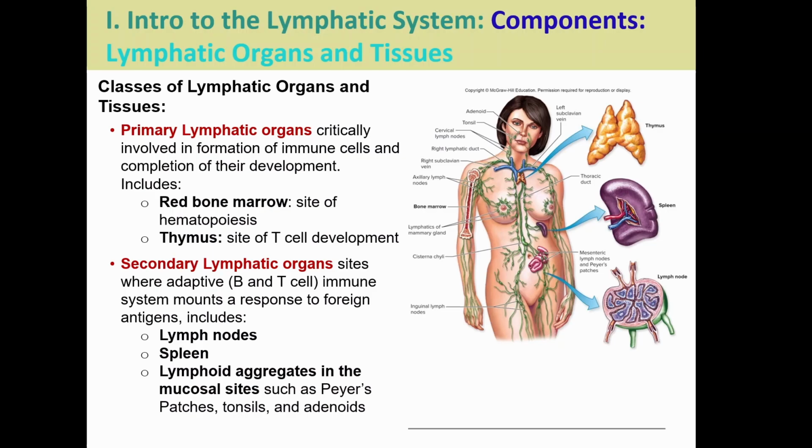The secondary lymphatic organs are where we have these B and T cells to help mount a response. So they're not produced there, but they are found there, all right? And so we find these adaptive immune cells like the B and T cells in places like the lymph nodes, the spleen, and the MALT-like tissues, so things like the Peyer's patches that we find in the GI tract, the tonsils, and the adenoids. And the tonsils and adenoids are what we find in the head.